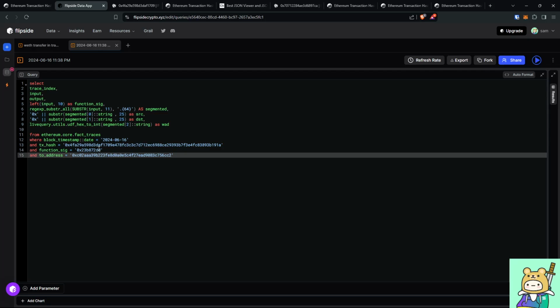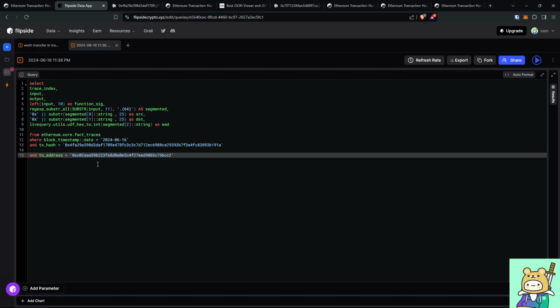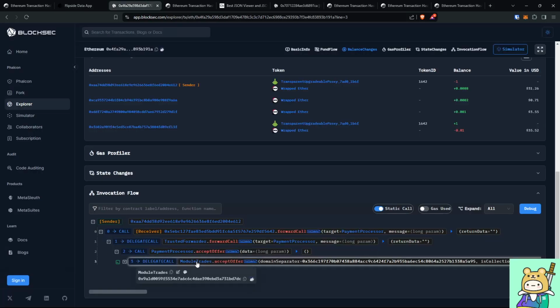Let's see. So I don't want this function signature anymore, right? And I don't want this to address. So what do I want? I want this function signature instead, which is this over here. And then I want this address instead. So this is always your to address, right? This is to address, this is to address. Your from address is the address before it. So in this case,